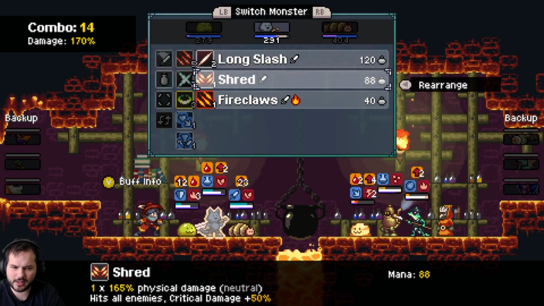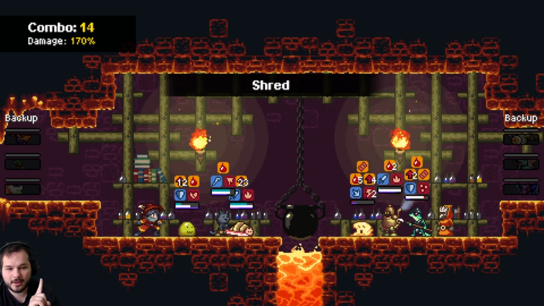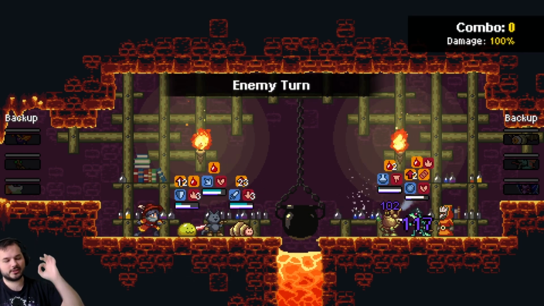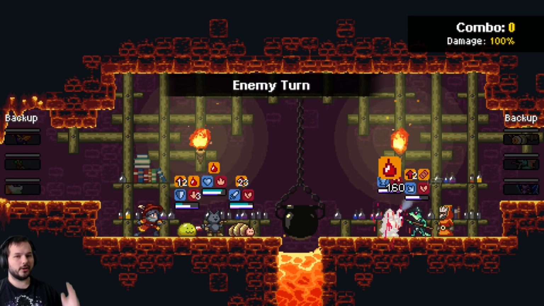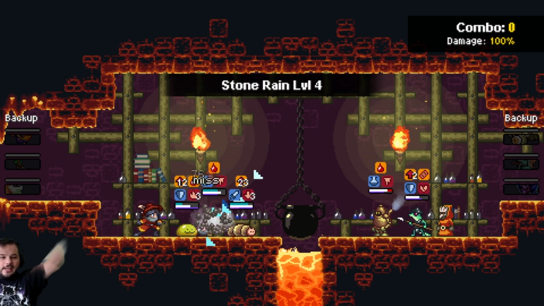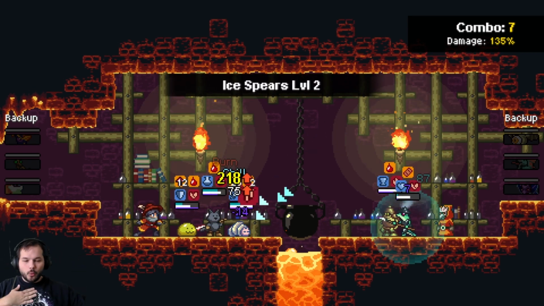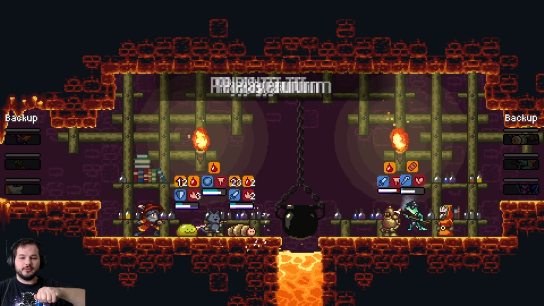Technically, how about Shred? Yeah, you know what? Let's go with Shred. Kills the first guy, because we know for a fact that our first hit will 100% crit and cannot miss. And I love throwing my arms around while talking. It's one thing that people often